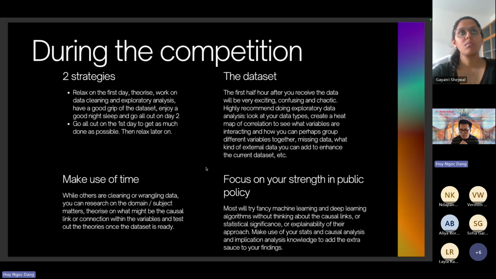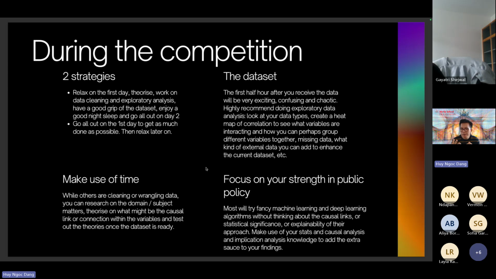You can also do some preliminary exploratory data analysis. So basically just look at the data types, right? Look at how many columns you have, what the data types are, and how many categorical variables you have, for example. Just some initial analysis to see what the distributions within the data are. Is there any missing data? What kind of external data can you perhaps add?